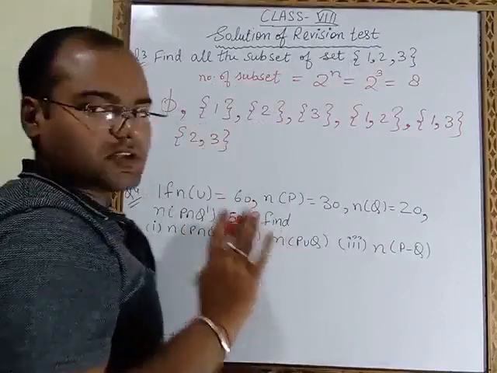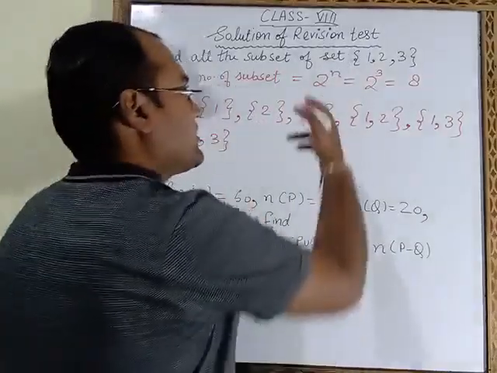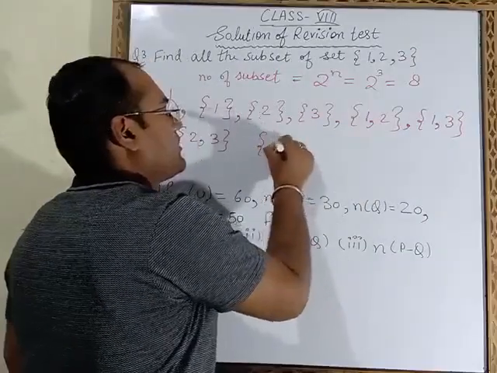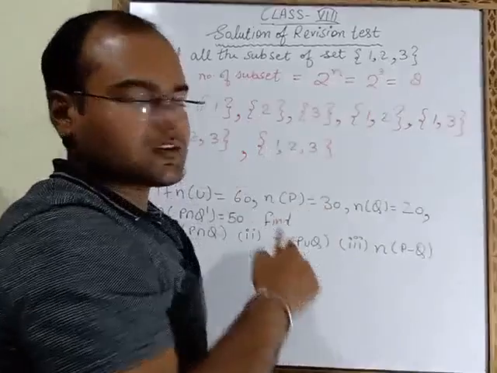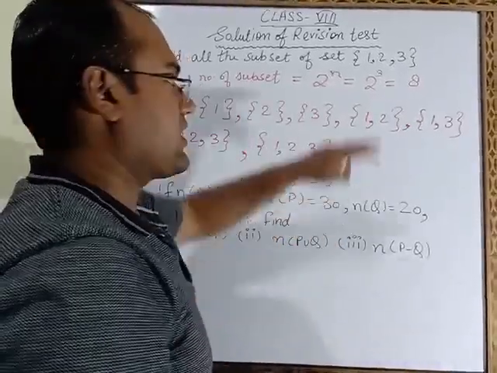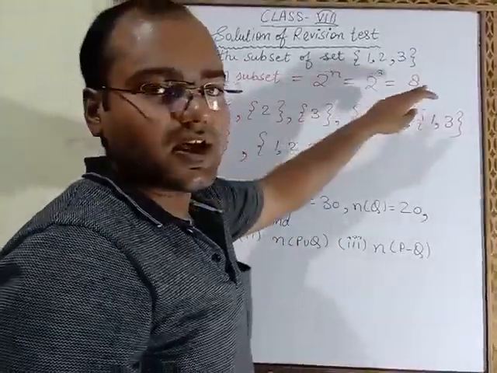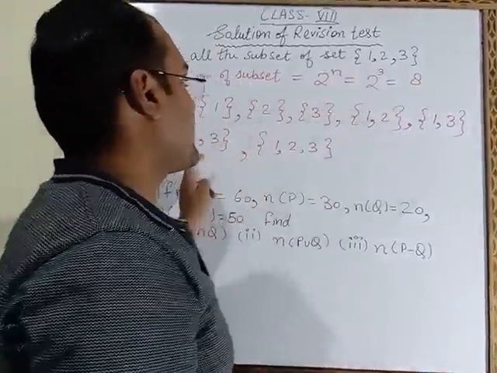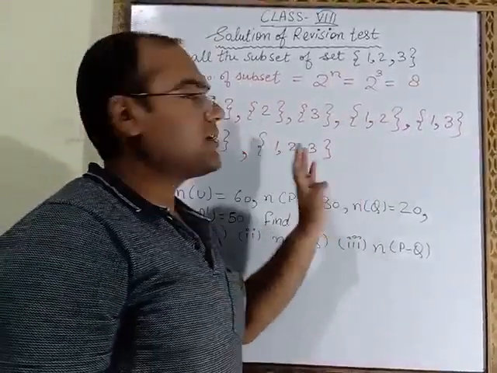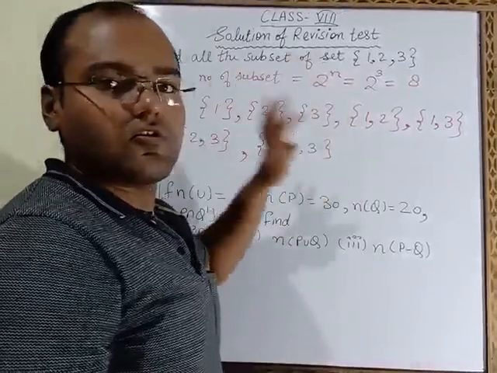Now double numbers are over. Now we will take all the 3 numbers together. 1, 2 and 3. Now you have to count whether these all subsets are 8 or not. Here we have found the number of subsets is 8. So we have to check it. 1, 2, 3, 4, 5, 6, 7, 8. How many are there? 8 are there. That means our final answer is over.